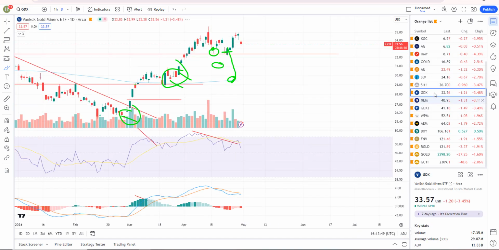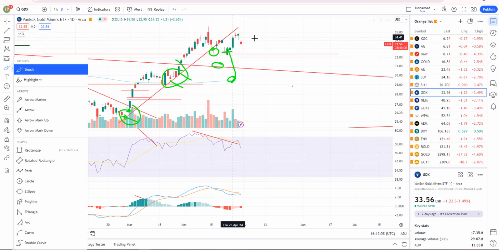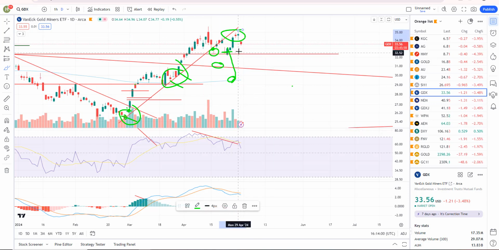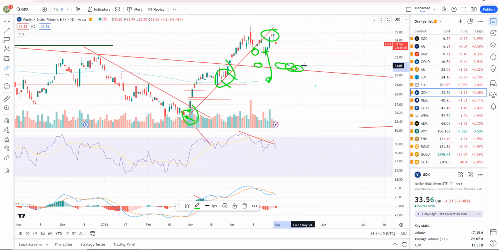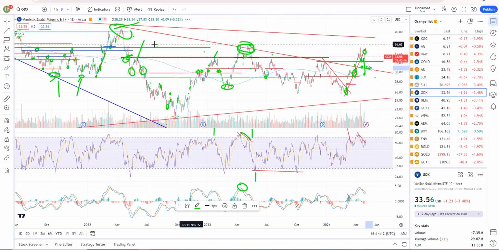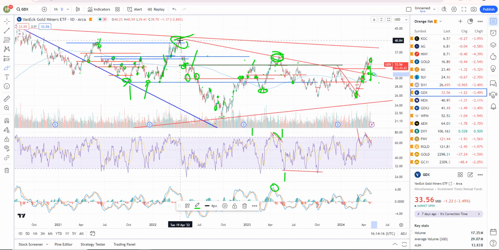And then if I look at gold miners, they had negative divergence. Pretty much an equal high right there on this price action, and we've got some negative divergence. So again, support on GDX is about 32.30. We either hit that or we could pull back to this kind of breakout point, which is down here. And again, that's that trend line going back. You can mark it out. It pretty much goes back to about April.